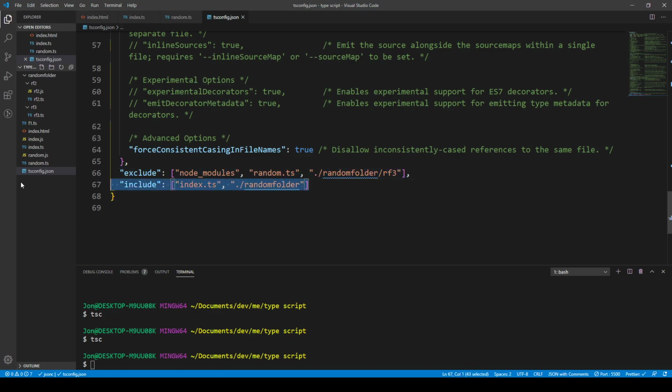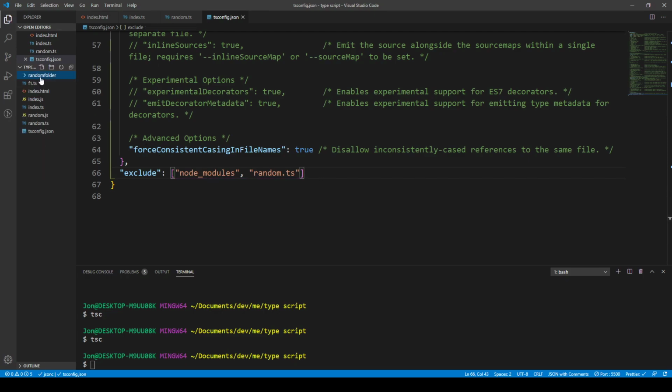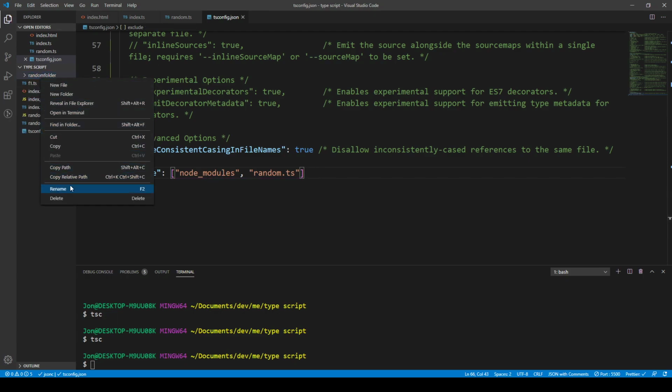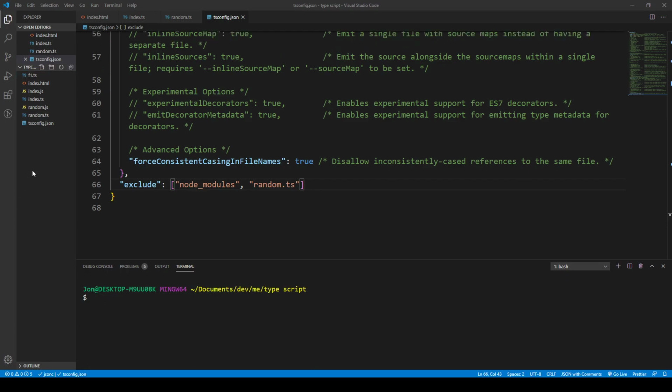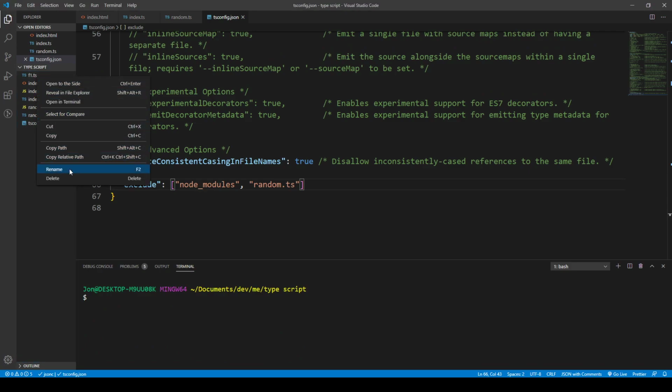So I'm going to go ahead and just delete this include and this random folder and strip our project back to not having this random folder. So I'll delete this into recycle bin. Okay, so also going to delete this F1 file,